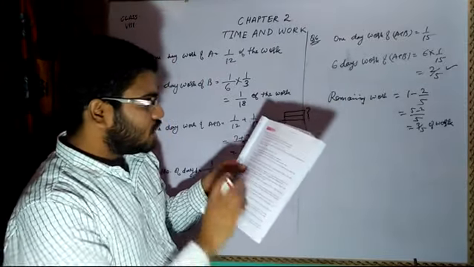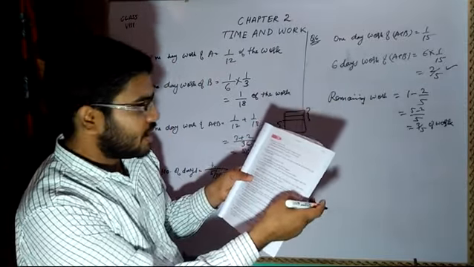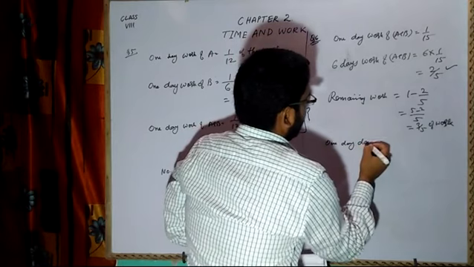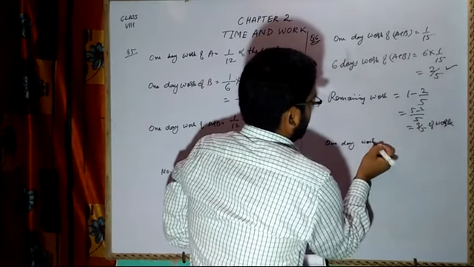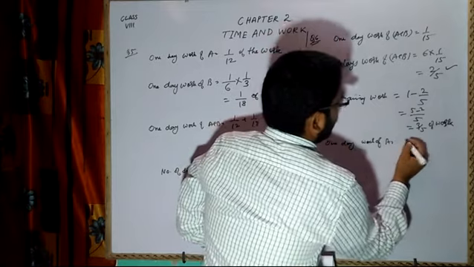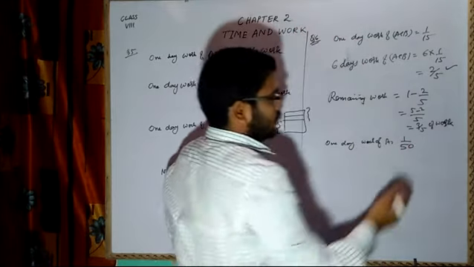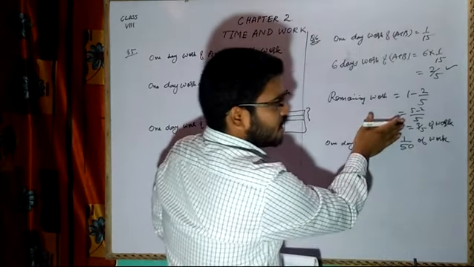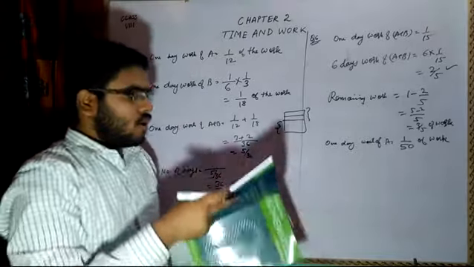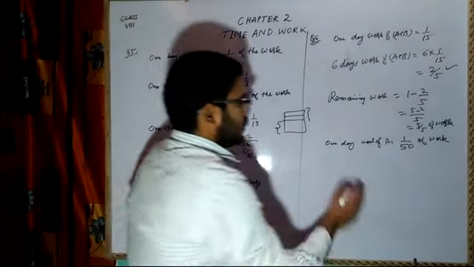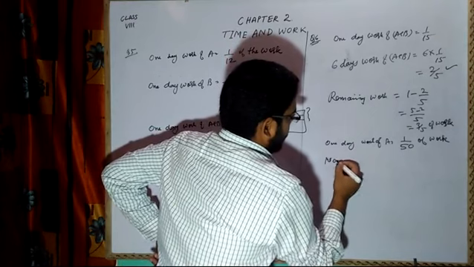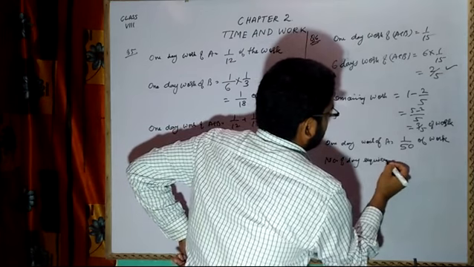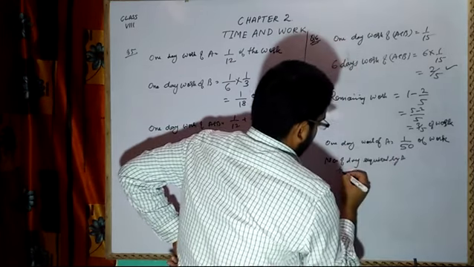Now A alone can do the job in 50 days. Again the statement says A can do the job in 50 days. So I will write 1 day work of A is equal to 1 by 50 of the work. So 1 day work, I have the remaining job. Then in how many days will A be able to finish the work? So the number of days required by A to finish